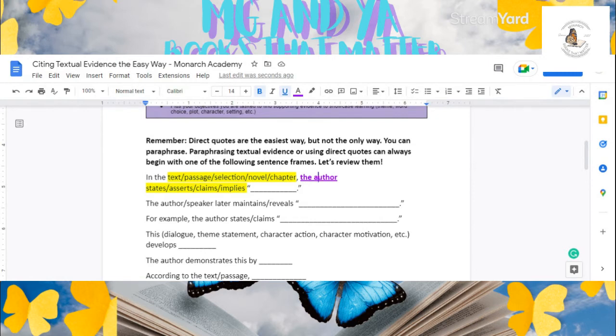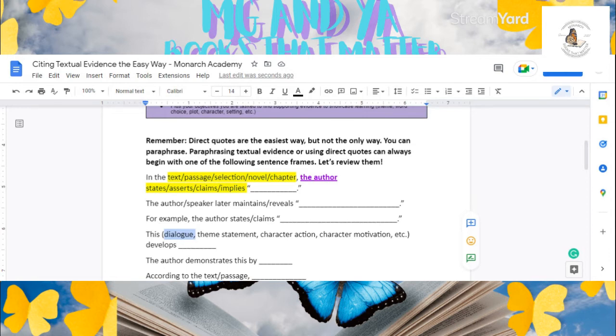So I want you to see some of the different language components here that you can use with these sentence frames. When you see the author, of course, you would say, for example, White states or claims. Then you can show, does it hit one of those standards that you're also partnering with?